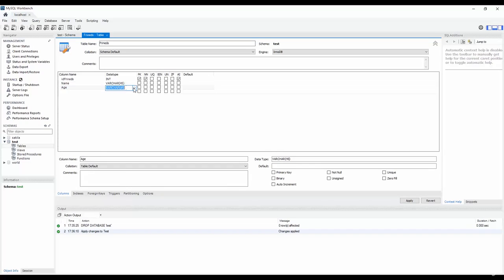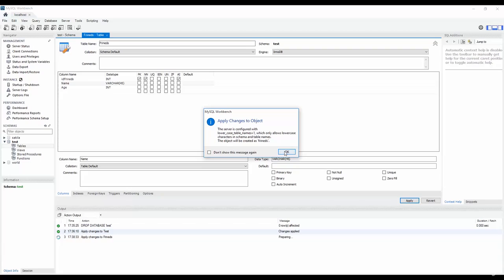Age should be of type integer. When you click here, it gives you the option to select some integer. I'll click on integer. And here, I can tell you, var means any kind of character in string format. Now that we have 3 columns in our table, we'll go ahead and click apply